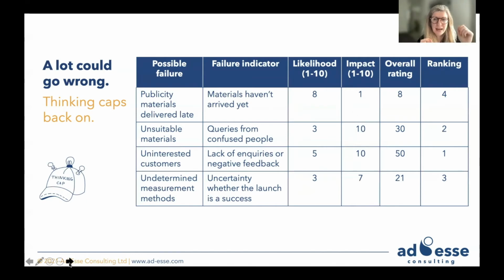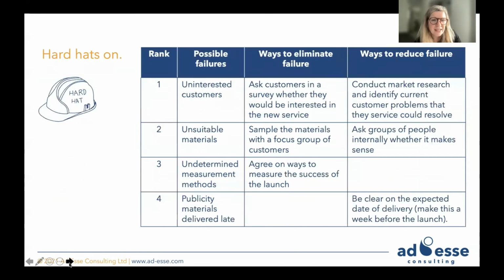Once we're happy we've captured all the possible failures and we've done our scoring, to hard hats. And hard hats is where we again take those possible failures and we just ask 2 questions. We ask, can we stop that happening altogether? Can we eliminate that failure from happening? And if we can't eliminate it altogether, then can we make it less likely to happen, or can we minimize